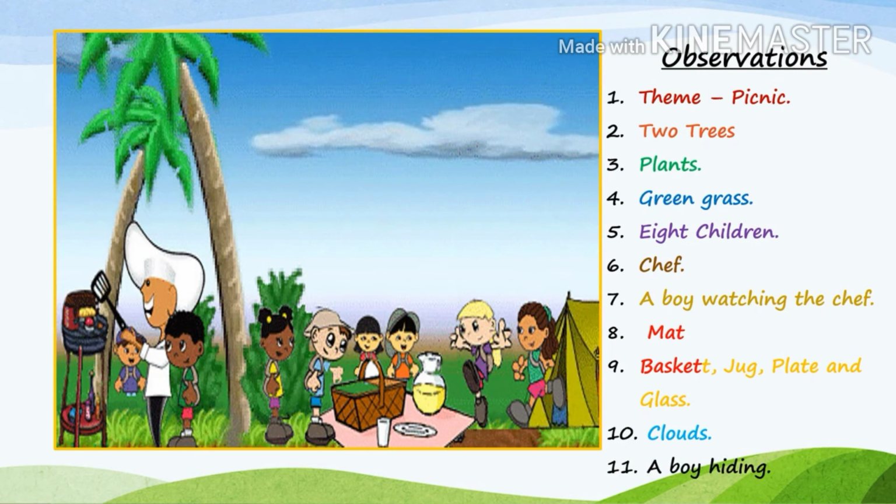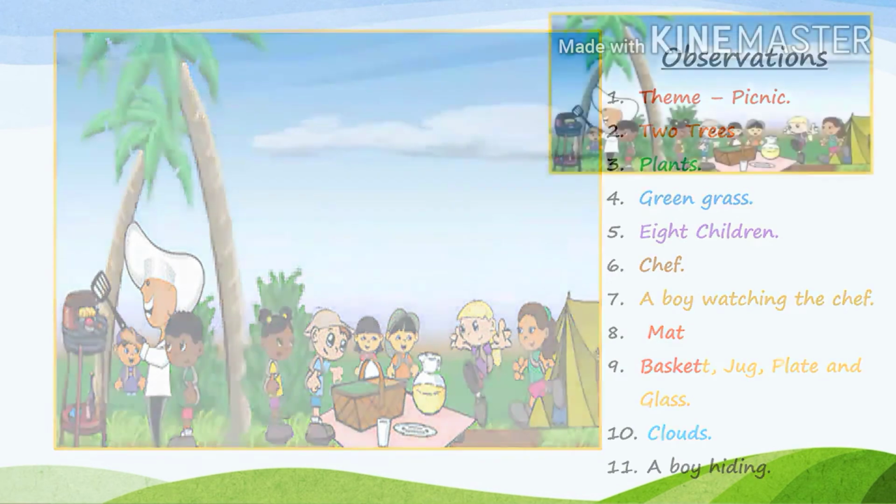If you can find something else too, just note it down. What have you observed here? Are you getting anything extra in this picture? Well, we have noted down all our observations. Now, I am sure, based on these observations, we will be able to write a picture composition. Yes, here I have written the picture composition for all of you to learn. Just go through it once with me and I am sure you will be able to write your own picture